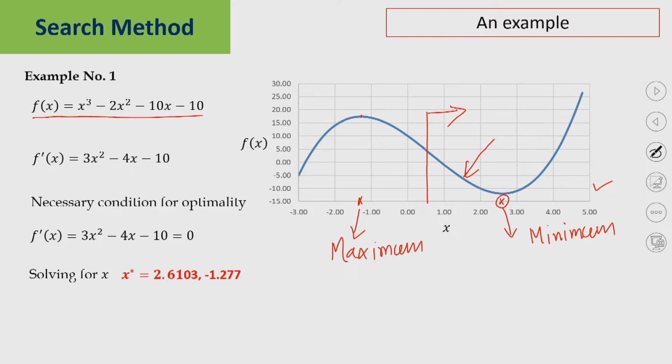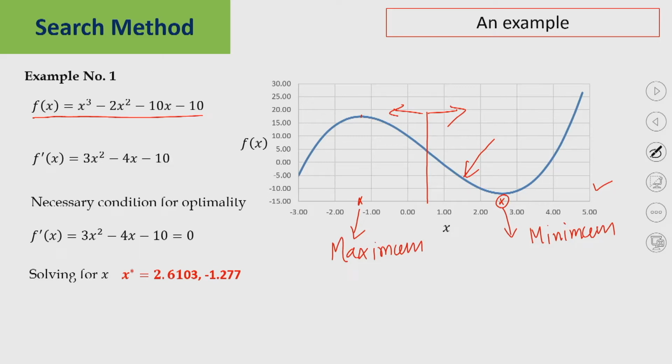Similarly, this function between 0 and minus 3 is also a unimodal function. As you have seen, whatever methods we have discussed are for a unimodal function,